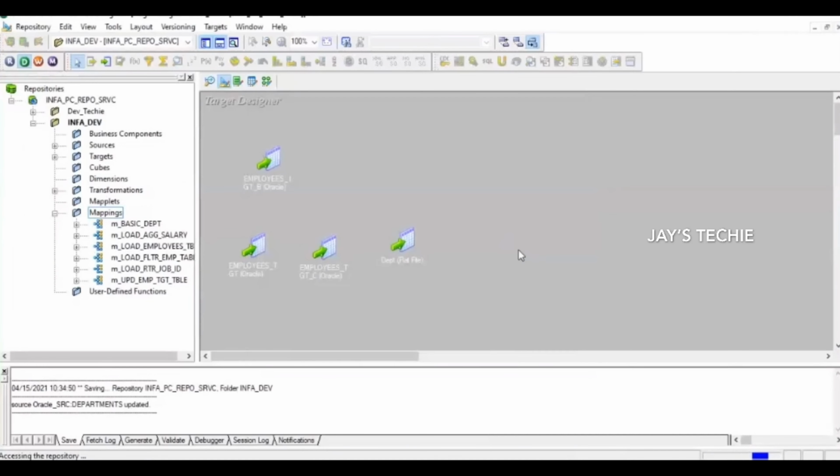Here I am showing an example of using tables from the same source, Oracle source, but two different tables. You can also try using a flat file with a table, or two different flat files, or tables from different relational databases. Let's pull the target. My target is the department target table. Now let's go to the transformation, create. We are going to use a joiner.